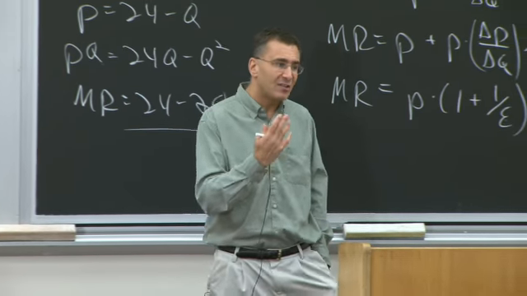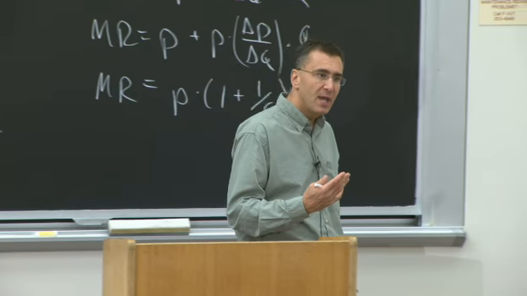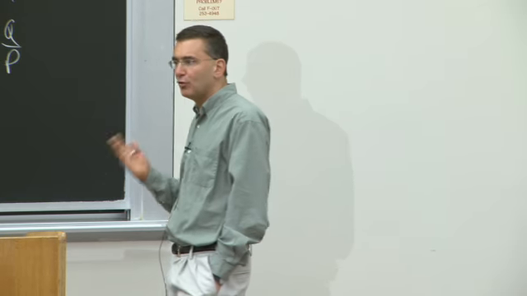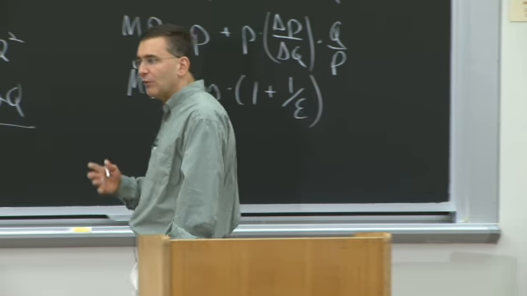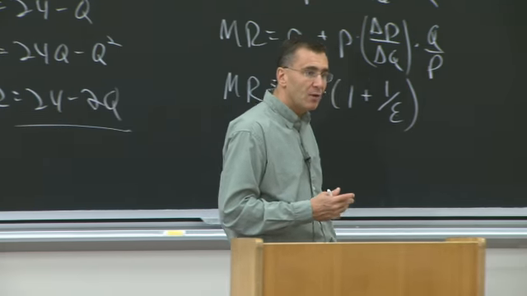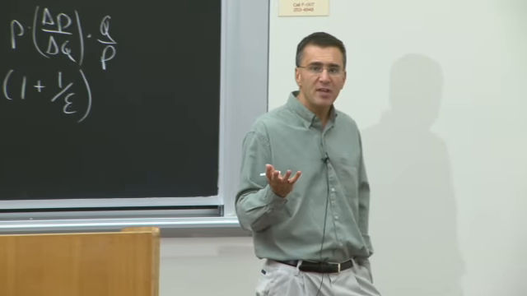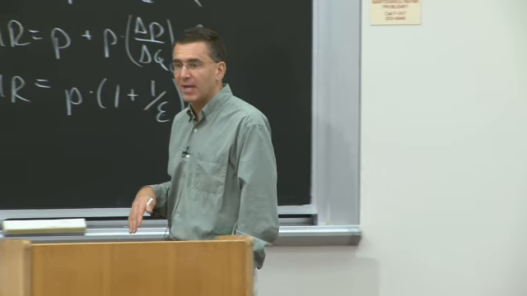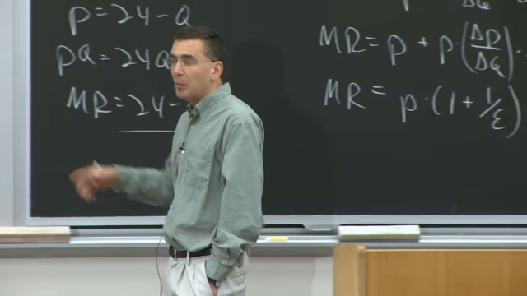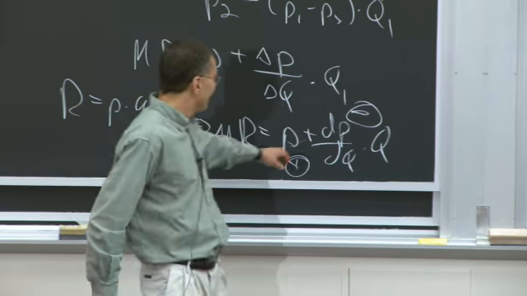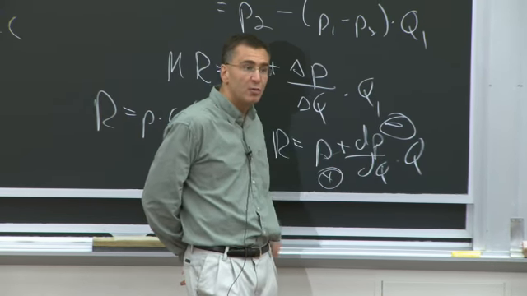With a very inelastic good, you have to push the price down so much to sell the next unit that you lose money. Think about a very elastic good versus a very inelastic good. With a very elastically demanded good, to sell another unit, you don't have to change the price much, because the demand curve is very flat. So there's not much of a poisoning effect. dP/dQ is small, or dQ/dP is big. This is the inverse. So dQ/dP is big with elasticity, so dP/dQ is small.